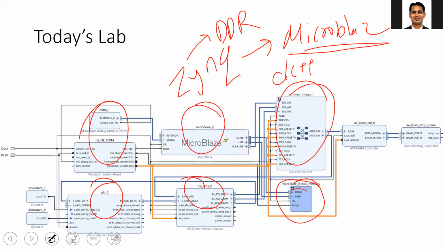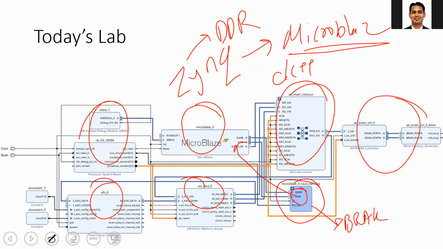You can see that there is a data cache memory for the data and a cache memory for the instructions. So you can use the local memory, which is implemented using block RAM, to store the code to be executed on your MicroBlaze. So this is the application code. And to store the additional data, as an input to the FFT as well as the output from the FFT, you can make use of additional block RAM.